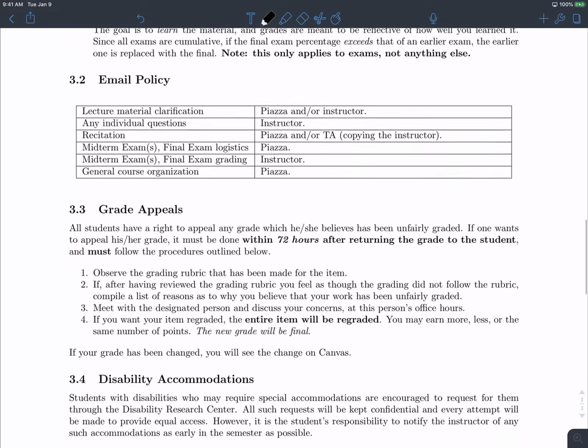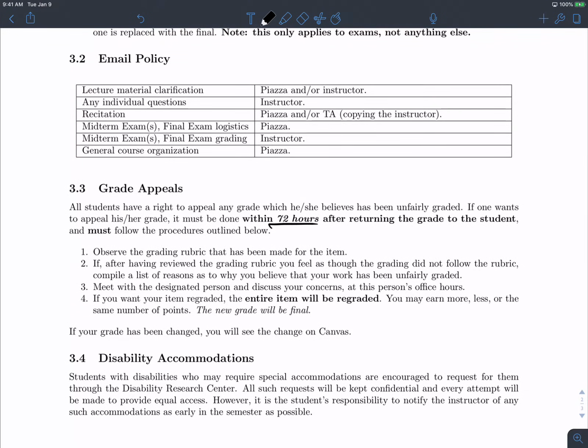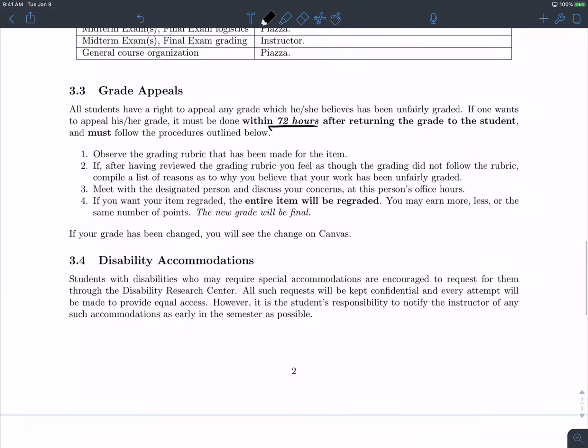Okay, grade appeals, just within a few days, so 3 days here, submit a written reason why you think you should get more points on something. I try to be as fair as I possibly can, give as much partial credit as I possibly can, but sometimes I just wholly screw up. So if you bring it to me, I can look at it. So just follow this policy and everything will be hunky-dory.